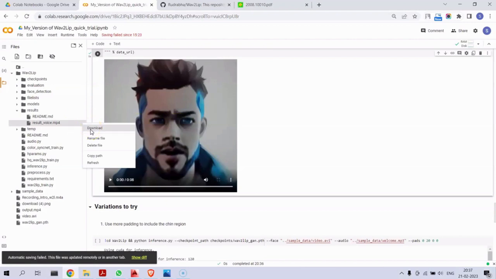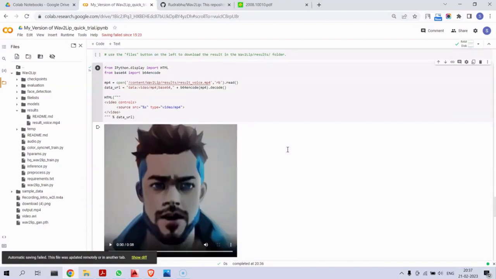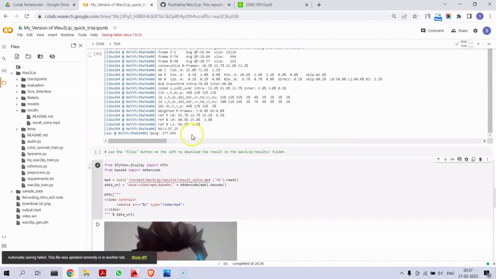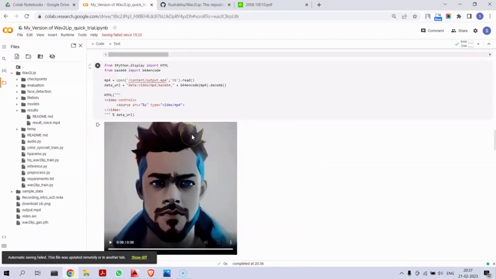Just download it. Now use your creativity to generate more videos. You can use any MP4 video from which you want to generate fake faces or fake clips. And if you want to know how I have made this image of mine using stable diffusion,